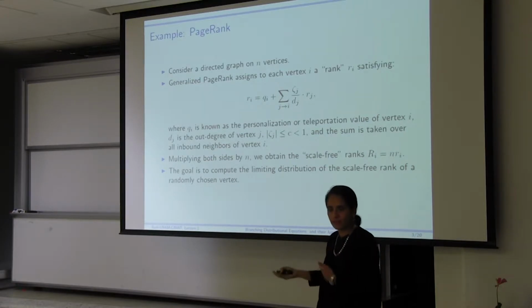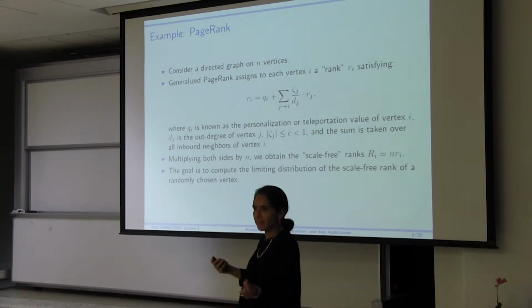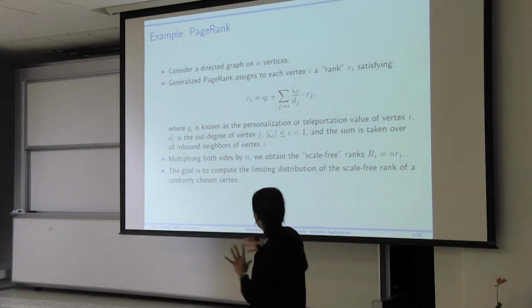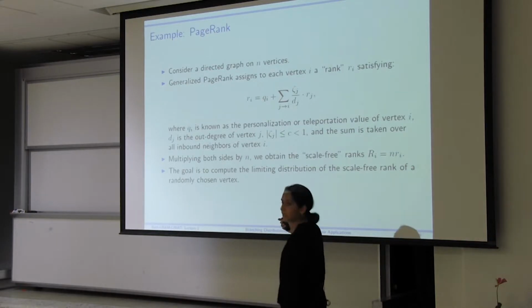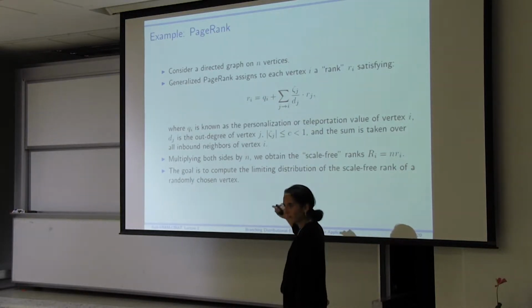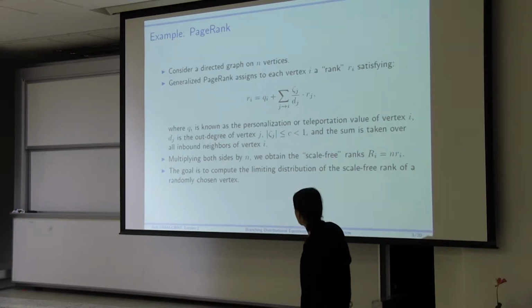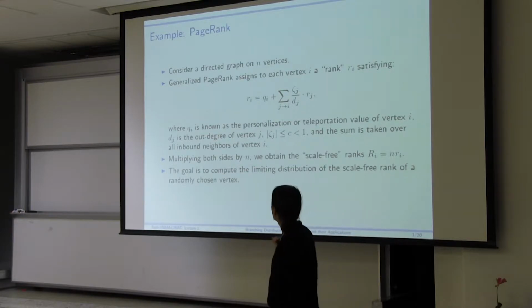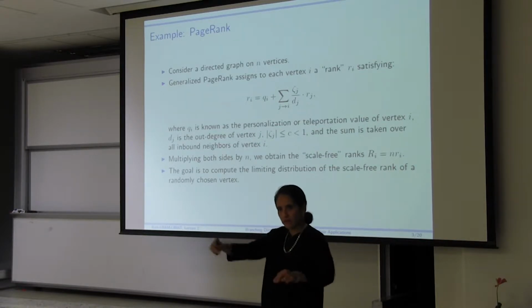In practice, of course, this is a moving target. Every second, the underlying web graph is changing. So it's not quite as trivial as I make it sound, but the idea is, assuming that you can solve it, you're going to end up with a vector of the r_i's, right? That's the PageRank. Now, that's something in general hard to compute. It's done in principle using little programs called web crawlers that are constantly updating. They're jumping from one place to another and updating those PageRanks locally as they go around.